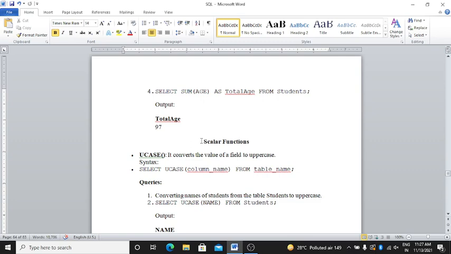Okay. Now the second function is the scalar function. In scalar functions there are also different commands.